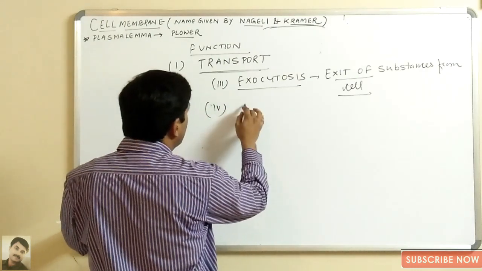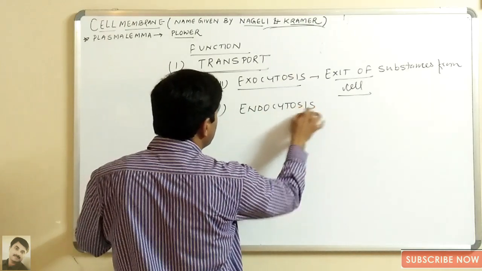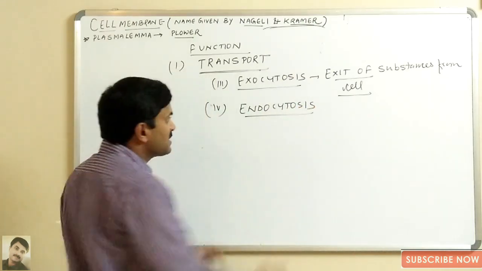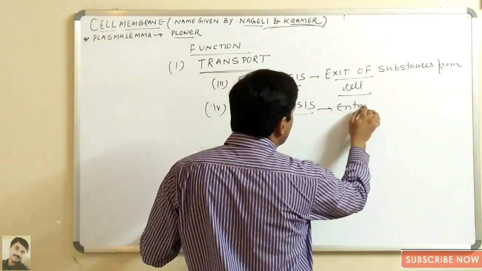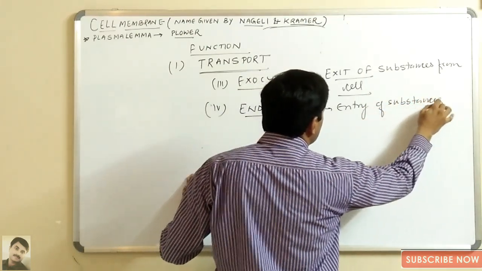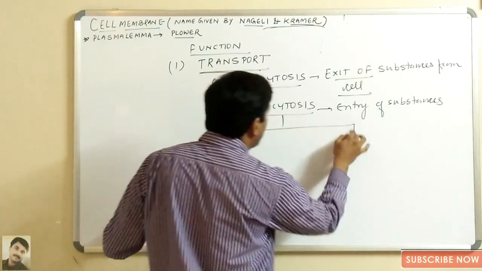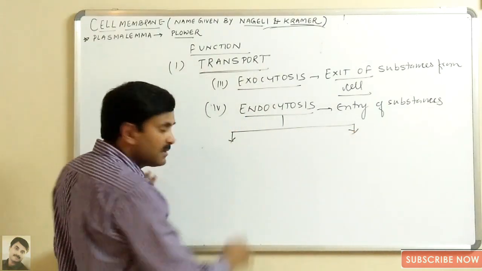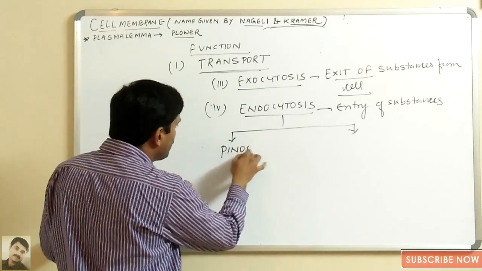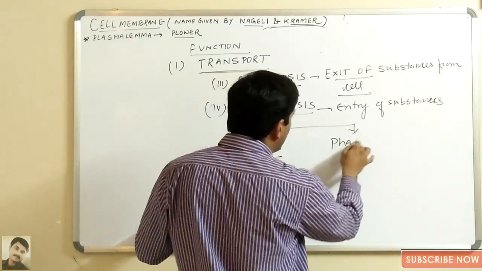And the fourth type of transport is endocytosis. What does endocytosis mean? Entry of substances. Now the entry of substances inside the cell can occur by two methods. One is known as pinocytosis and the other one is known as